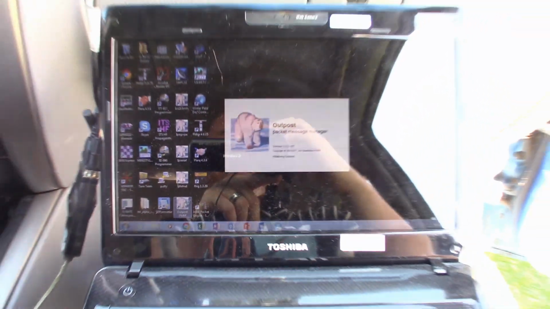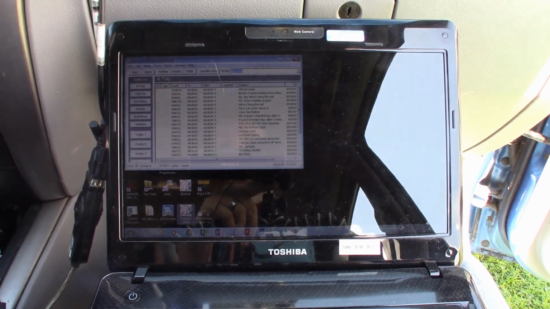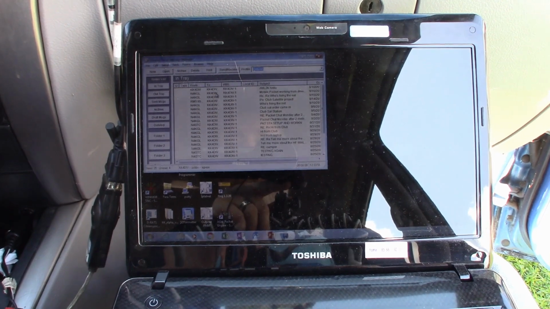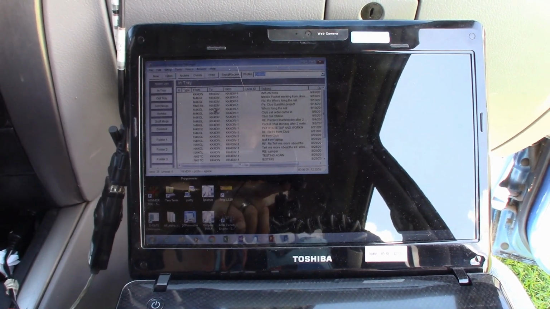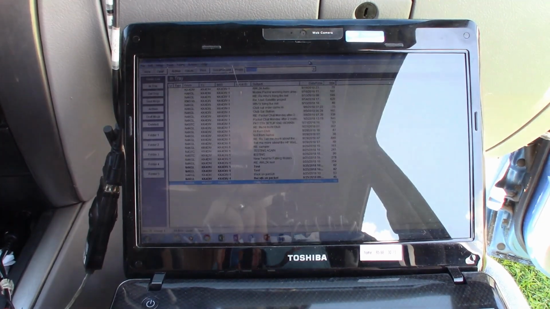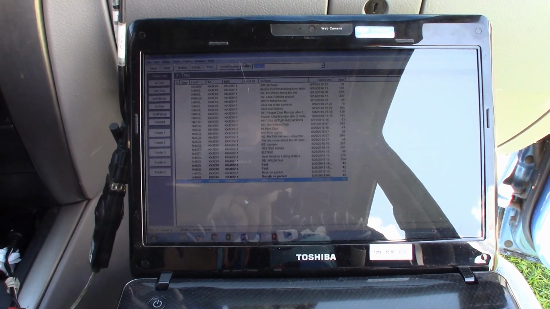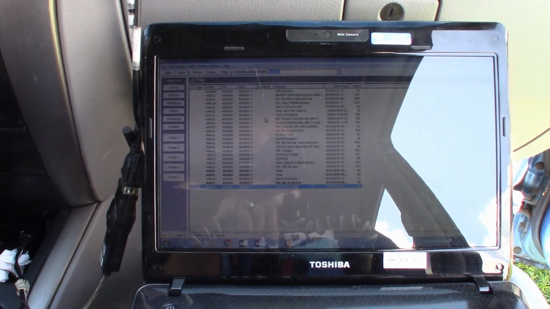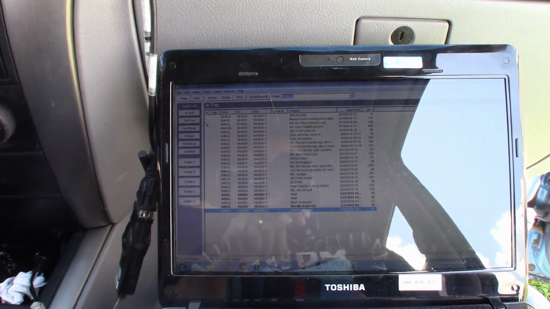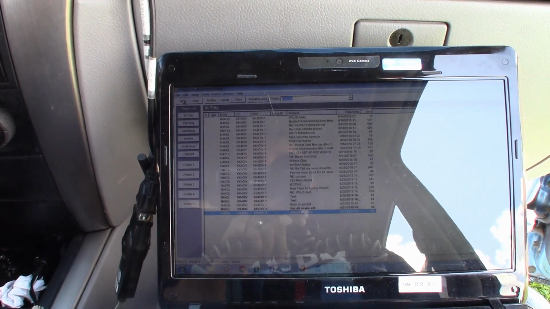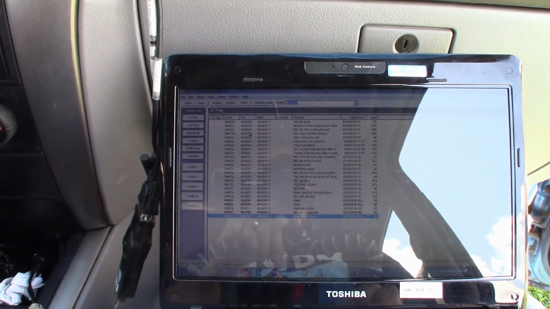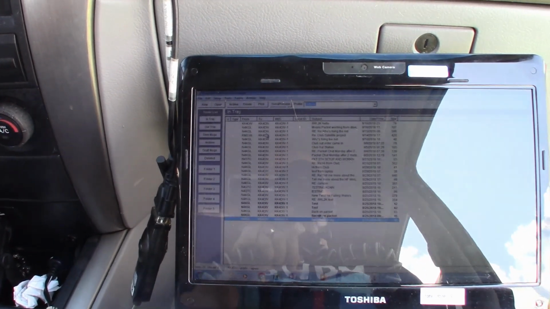Well, my screen is dirty. Shows up out here in the sunlight. All right, so here's Outpost. You can see I've had several messages on the bulletin board that Outpost downloaded today. And this is a lot like Outlook, you know, you can create a new email. It gives you a list of emails,